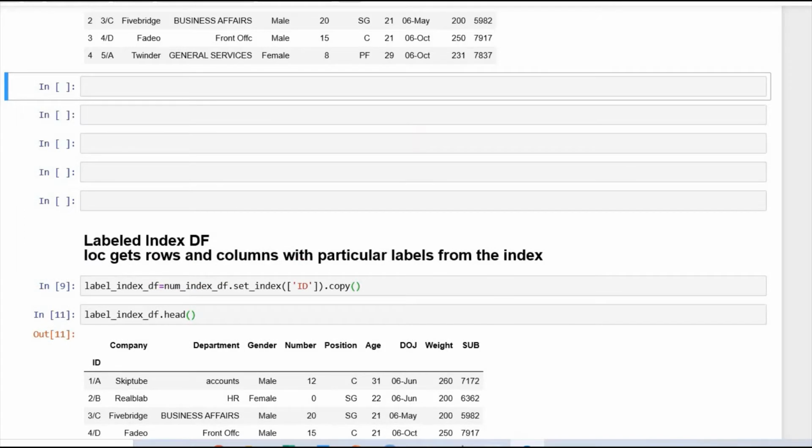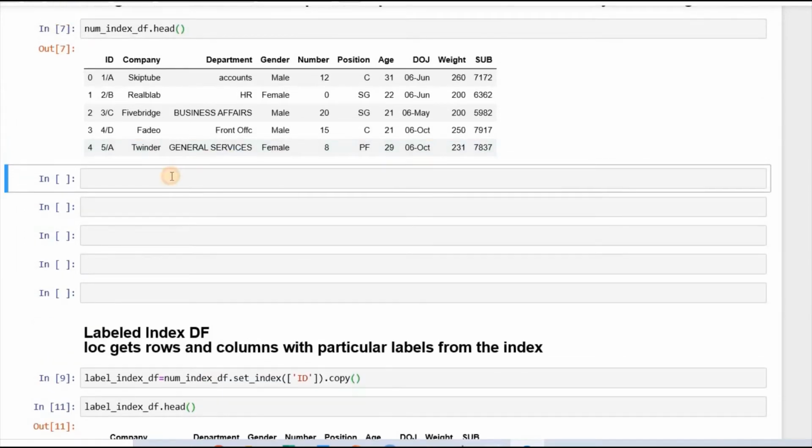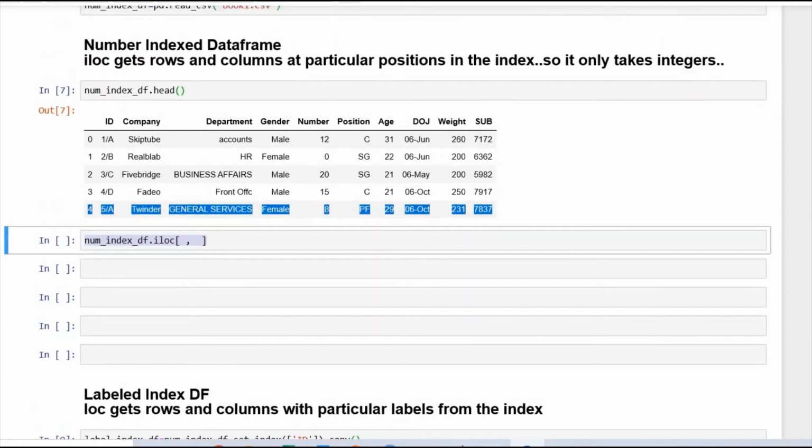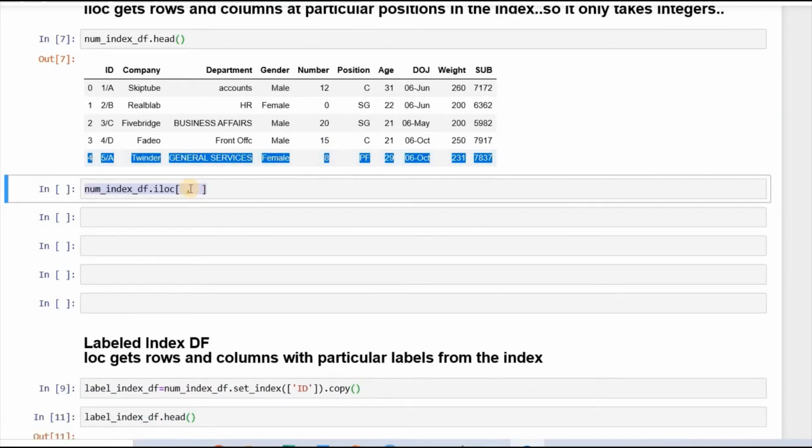So I write num index dot iloc because it is a numbered index, and within brackets I pass the row and column separated by a comma. We have to remember that it should be an integer.